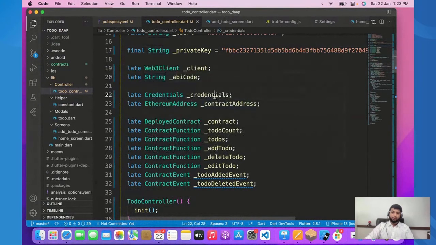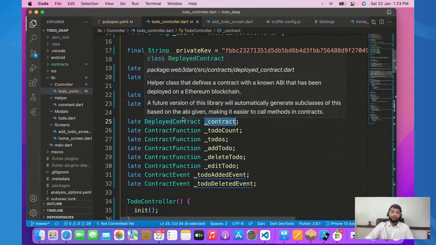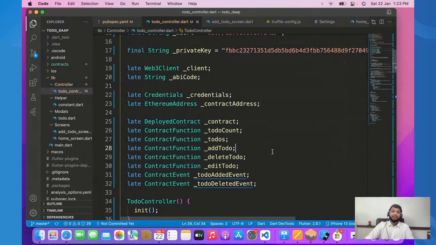We need credentials, which will store all our credentials. The Ethereum address, contract address. So deployed contract will be a contract, the contract we will be deploying, because we have created them, but we have to deploy them. And then we have created these functions inside our